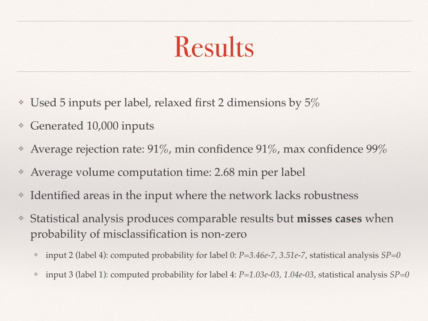So although these probabilities are very small, they may be important for safety critical systems if in certain situations such a probability is bad, especially for, so 0 and 4 represent